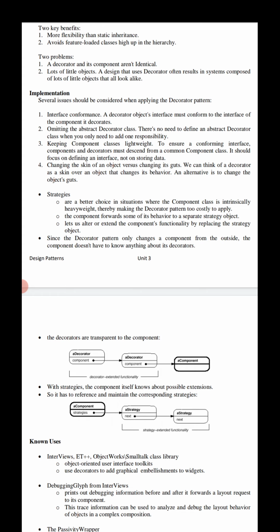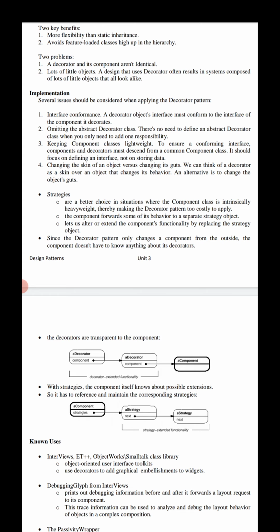Coming to strategies, what does the strategy pattern say here? Strategies are a better choice in situations where the component class is intrinsically heavyweight, making the decorator pattern too costly to apply.